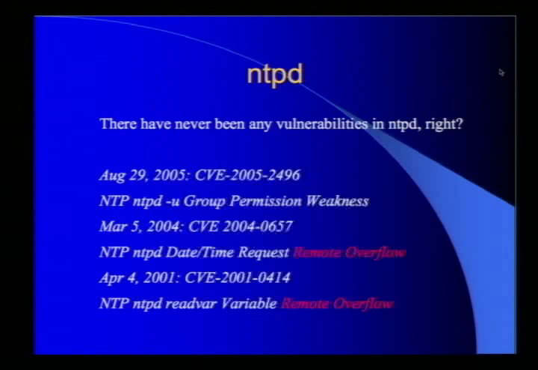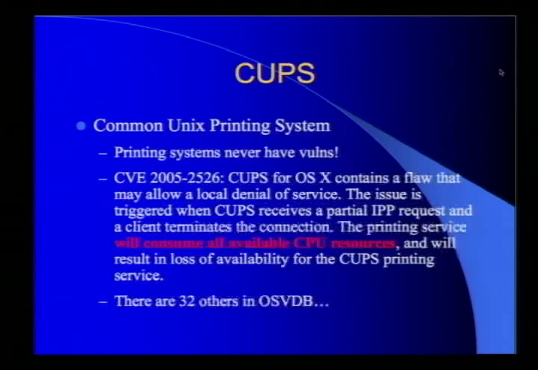But you're like, well, who cares? You know what? There are never exploits in any of those. And yeah, well, okay, this is the security history for NTPD. We've got four, and there are a couple good ones in there. CUPS has had a few. Here's a nice little DoS where I can consume all available CPU resources. I use this one: anybody running a Mac in the room who's on the wireless network, your machine goes down. I don't get to own you, I'm not that cool, but I can consume all your CPU resources, and that makes me feel cool enough.